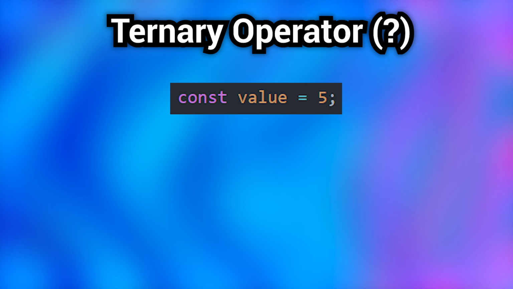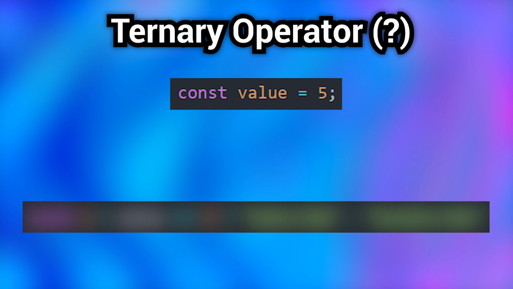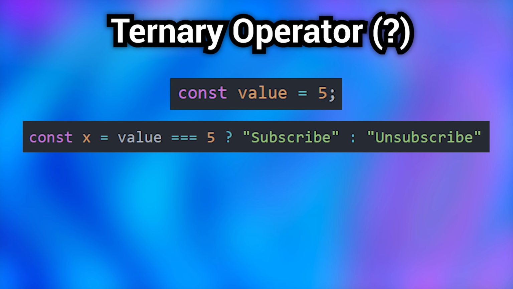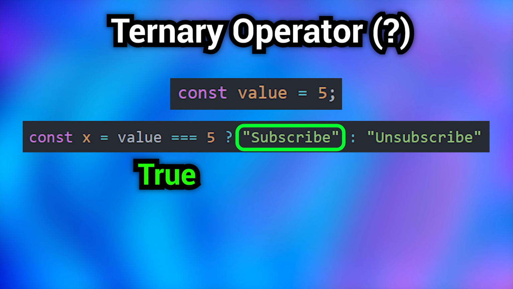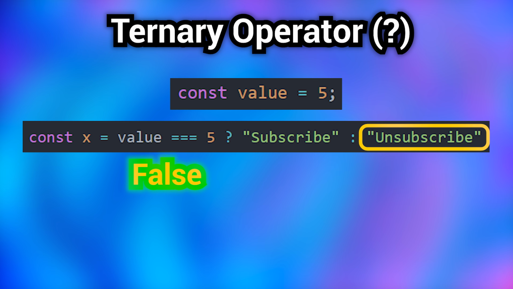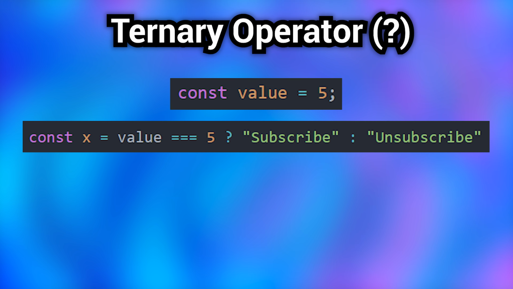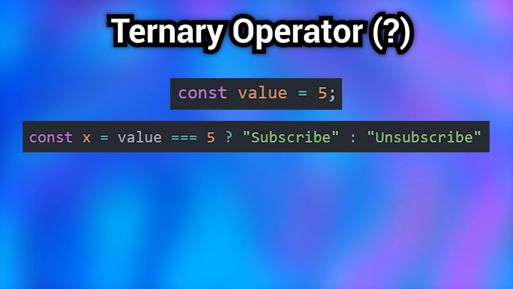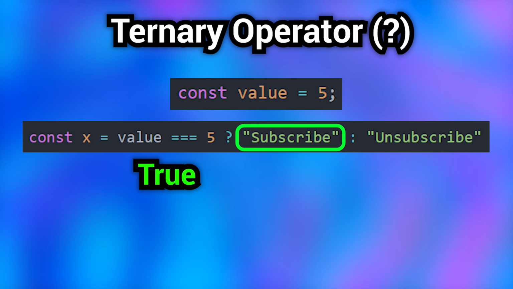The ternary operator is very similar to an if statement. It takes a condition and two values, and it returns the first value if the condition comes out as true, but returns the second value if the condition comes out as false. So if we have a variable of my number equals 5, and we say value equals 5, question mark subscribe, colon unsubscribe, it's going to be checking if value equals 5 comes out as true or false. In this case, value does equal 5, so it's going to come out as true,